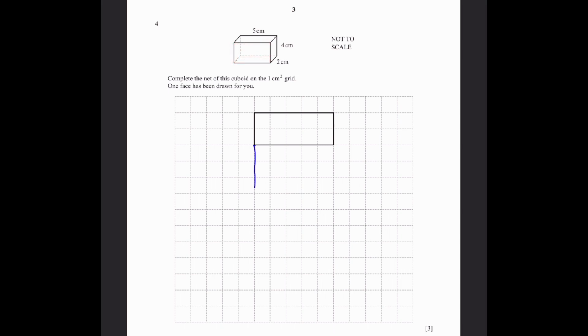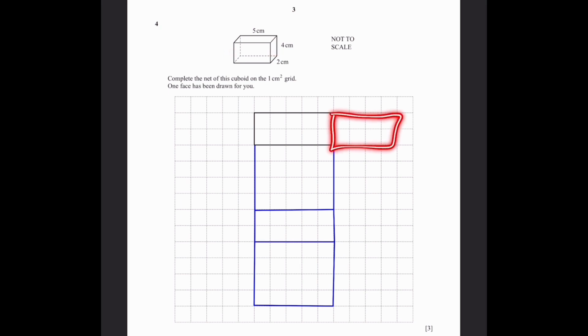So we can draw it like this. And then that one will be connected to another 5 by 2. Just like that. And this will be connected to another 5 by 4, like this. So we got all 4 of the faces in front, back, up, and down. We need to get the sides now, which are 4 by 2 centimeters. They can be attached like these two, or these two,